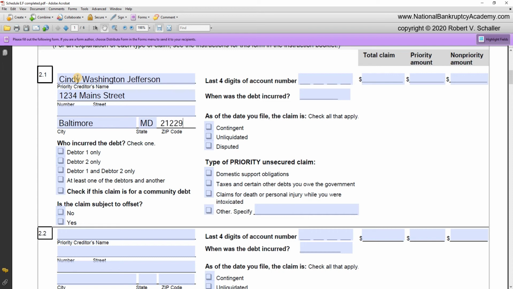Okay, next we have to go down and say who incurred the debt. So who incurred the debt would be who is the actual debtor that owes the debt to Cindy Washington Jefferson. In this case, it's George Washington because it's alimony and child support from a former marriage. So we're going to check debtor 1 only, meaning George Washington. Down below it on the first column, it says, is the claim subject to a set-off or an offset? And the answer would be no. An offset in general means while the debtor owes money to the creditor, the creditor also owes money to the debtor. And you can sort of subtract the amount that is owed by the creditor to the debtor. So for example,